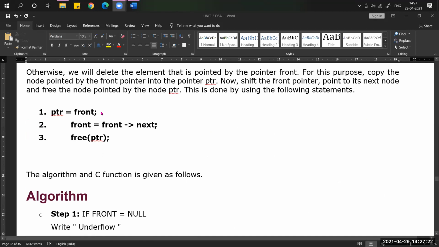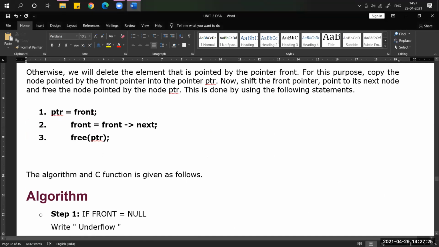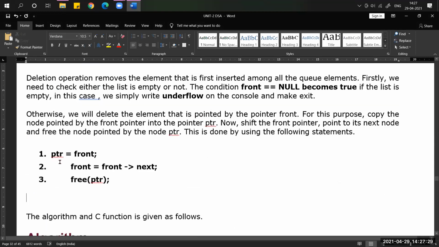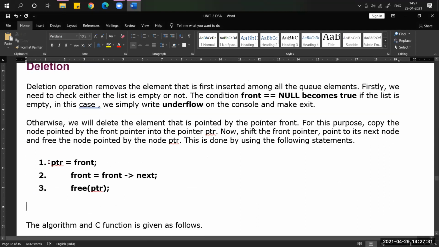So here ptr equal to front. ptr equal to front means the first node, whatever I want to delete just now, I'm assigning that node a temporary name, ptr.